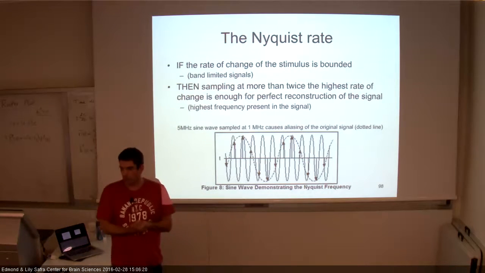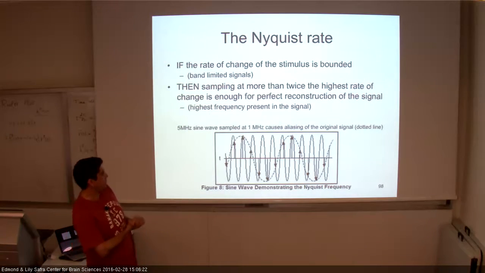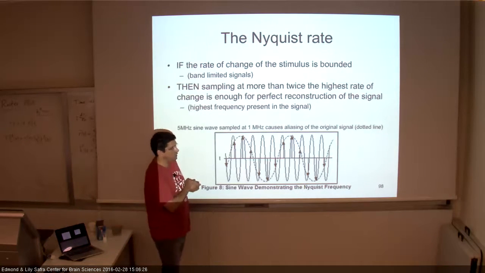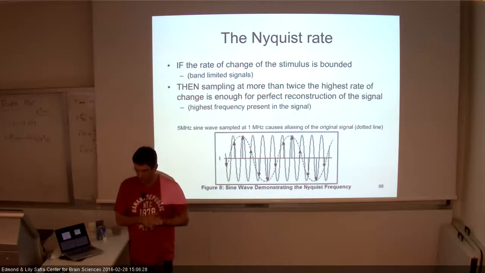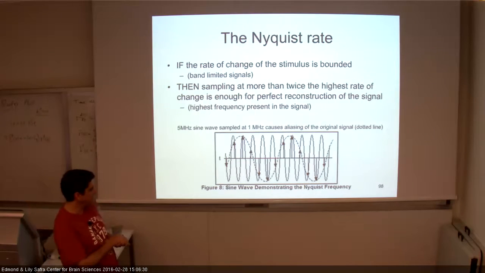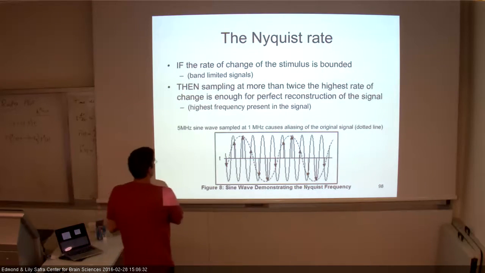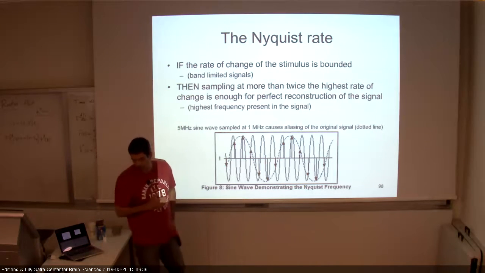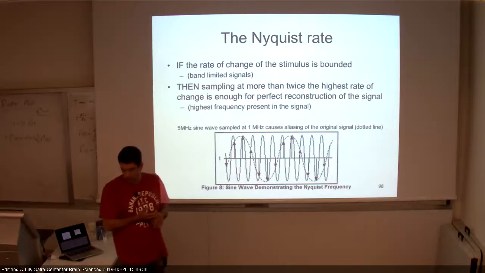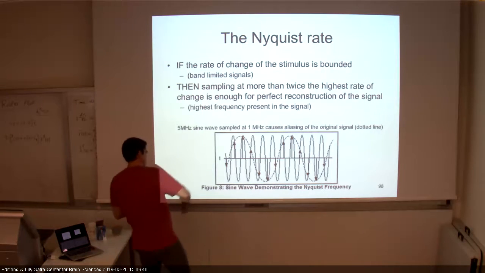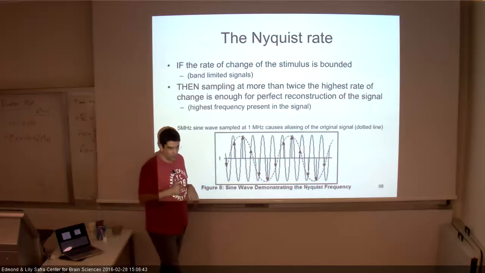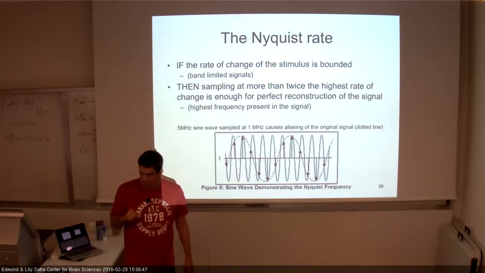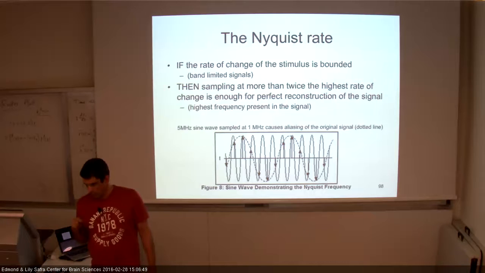Okay? So the Nyquist sampling rate rule tells you that you need at least twice the highest rate, the highest change in frequency, to get perfect reconstruction of the stimulus. So if you have a 10 hertz wave, you need to sample it twice as much in order to recapture